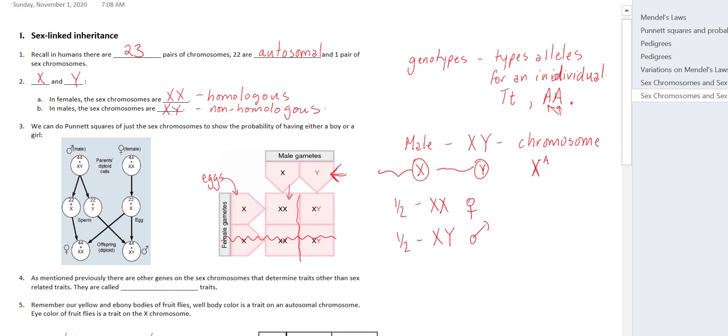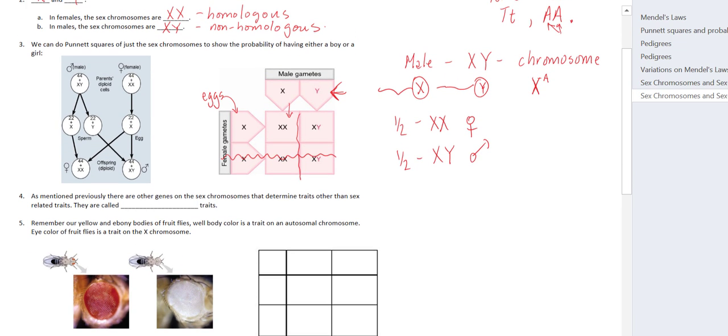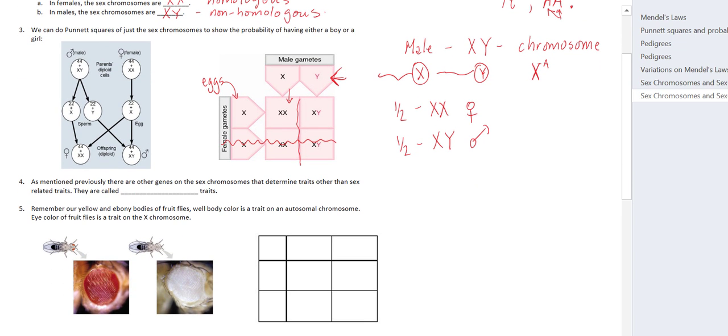But what we're going to discuss a little bit further is what we've talked about before. There are other genes on the sex chromosomes that determine traits other than sex or sex-related traits. And these